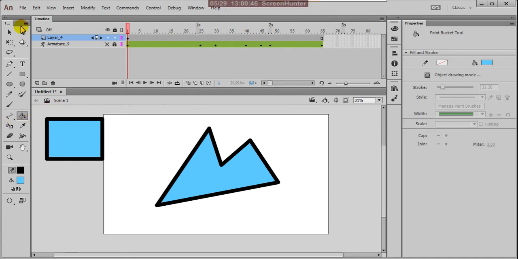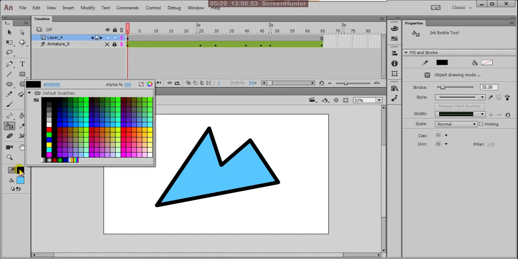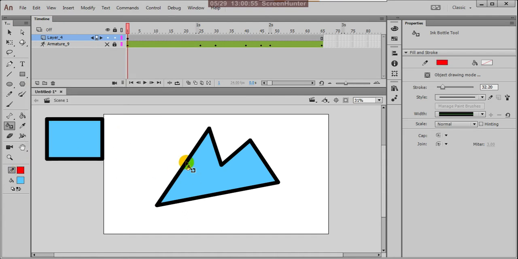Okay, we'll check that. Then this is the ink bottle. What does this mean? Changing the outline. Instead of black, by pressing this tool, the ink bottle, the shortcut is S. By pressing S, you can change the outline of the object, and by pressing K, you change the inside color of the object or character. So basically we are using outline and paint bucket here.